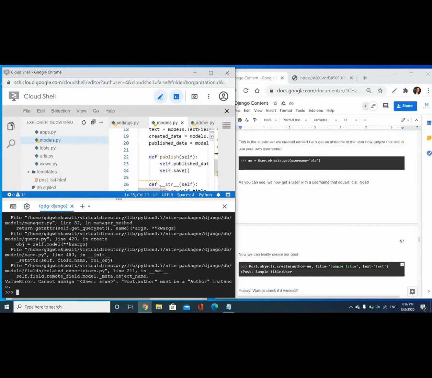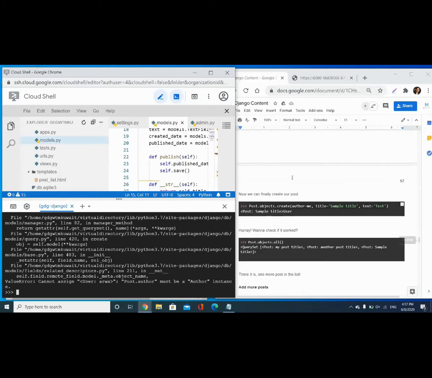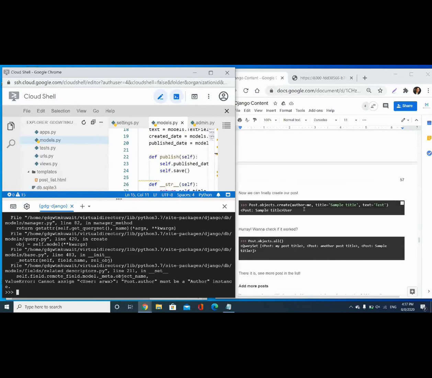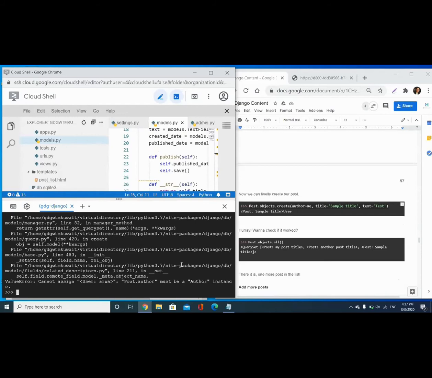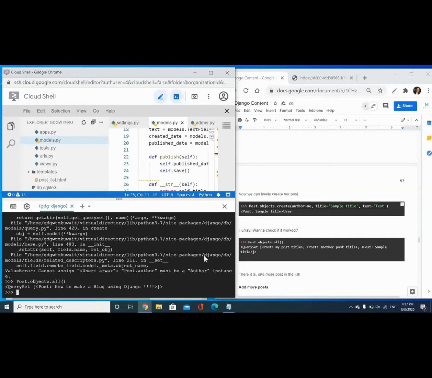Just a second. Type post.objects.all. You can see the